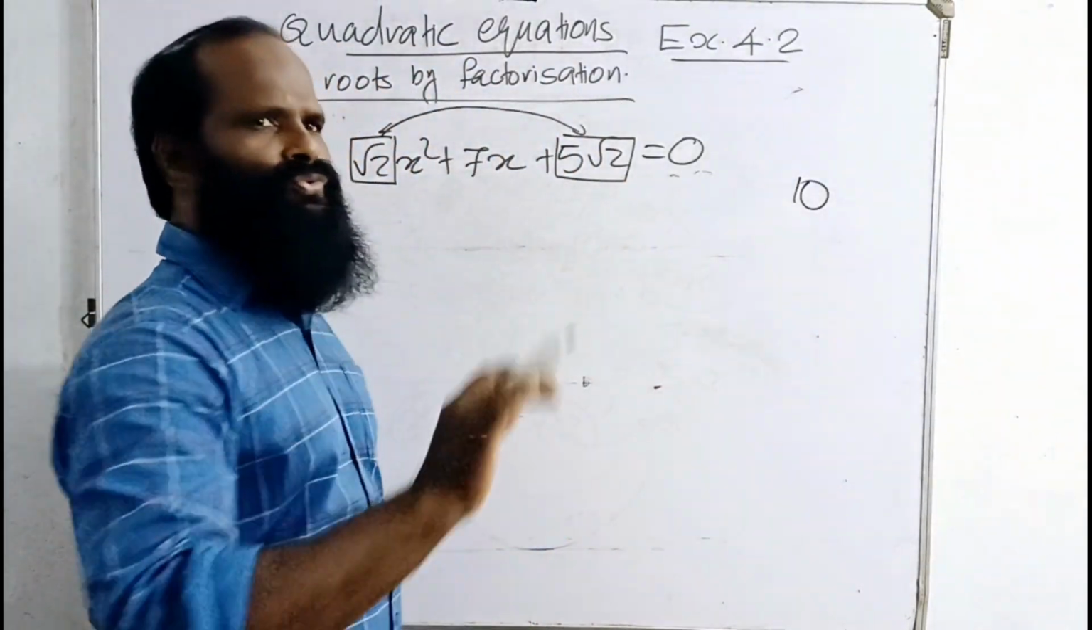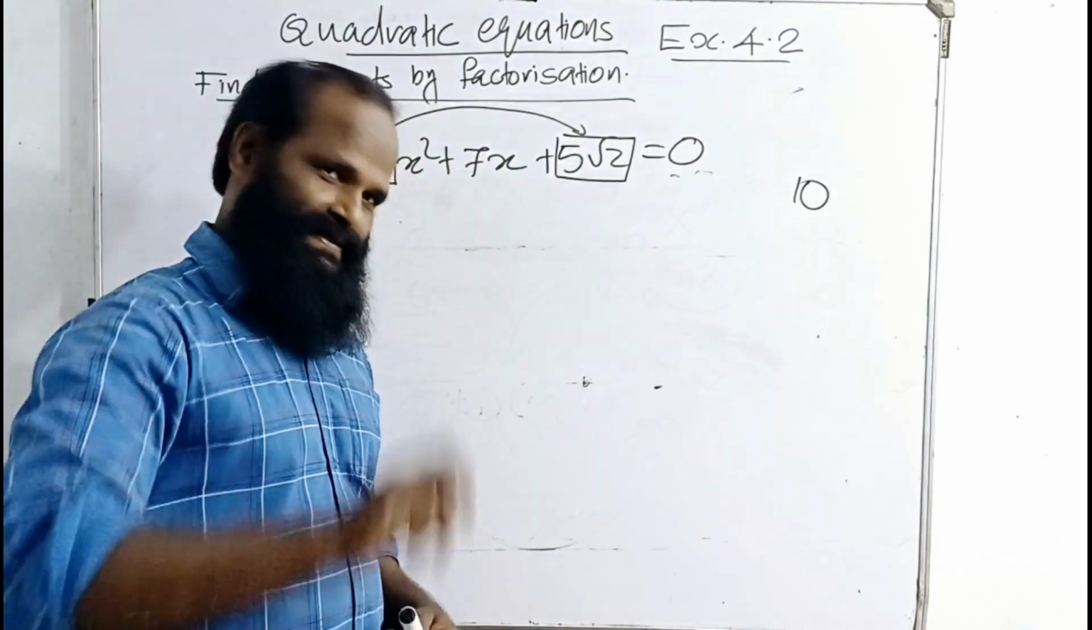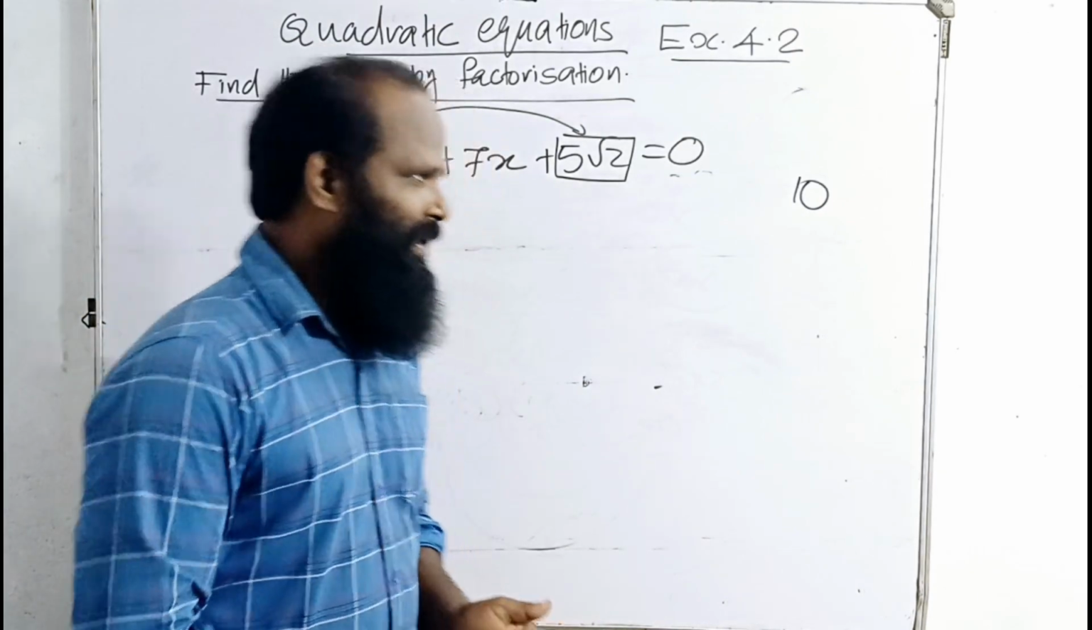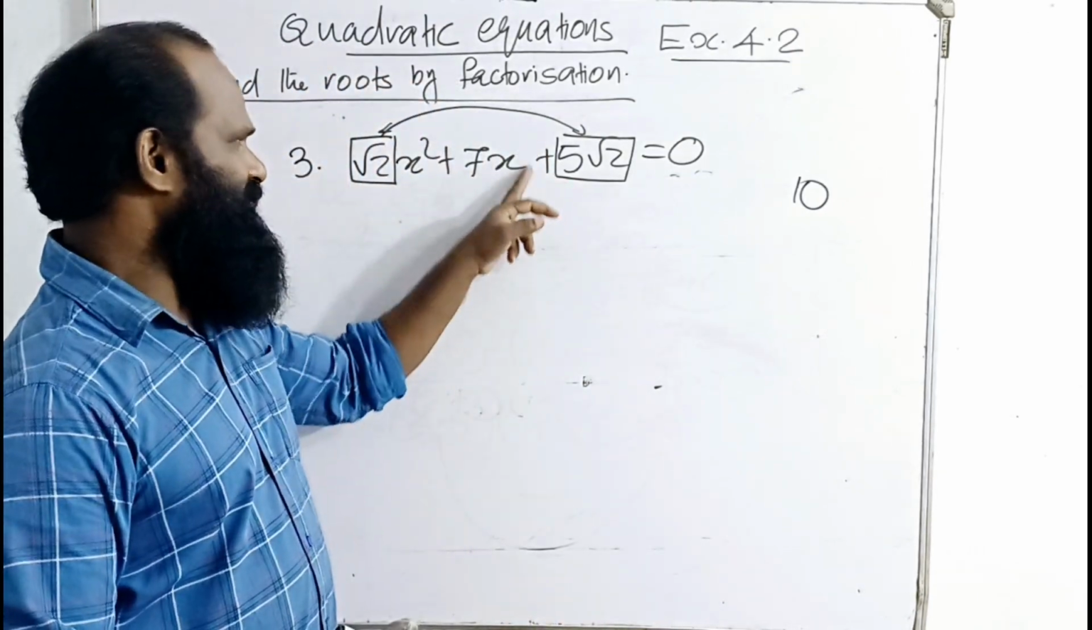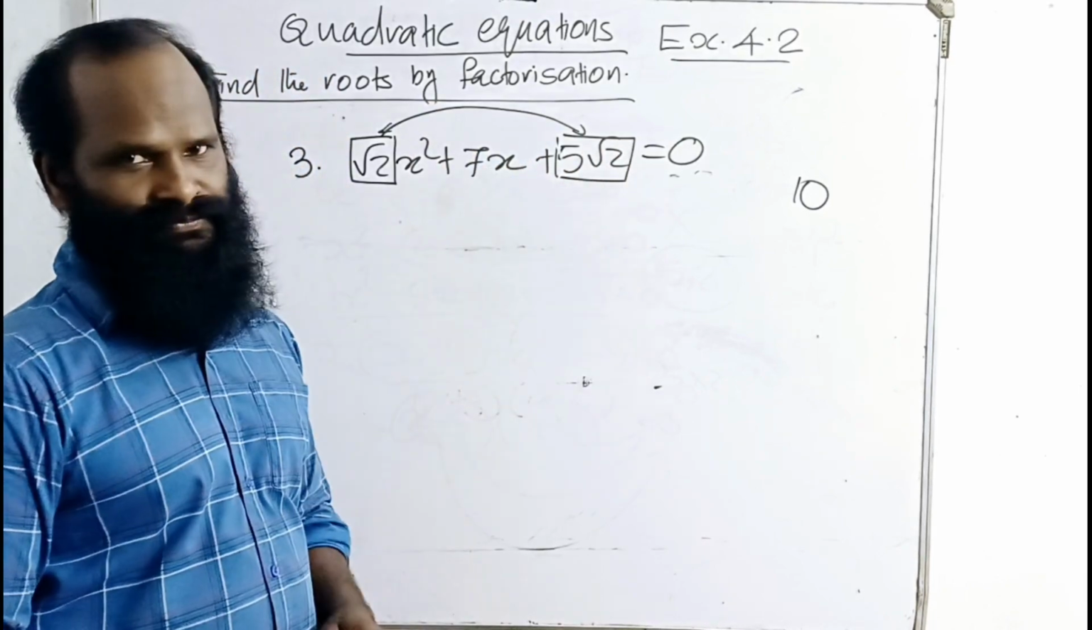Take any two factors, or form two numbers from the factors of 10, so that their sum, since the last sign is plus, should be 7. That means